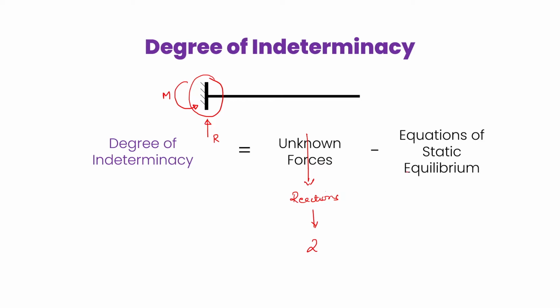I've already shown you that when it comes to beams, the force system is going to be a coplanar parallel force system. What that means is that if we have our X and Y axis, something like this, the forces will be acting only in this plane, hence coplanar. And also it will be acting only in one direction, that is in the Y direction, and hence parallel. So in this scenario, there will only be two equations of static equilibrium. One will be for sigma Fy equals 0 and one will be for sigma Mz equals 0. So hence we get this value as 2 as well.